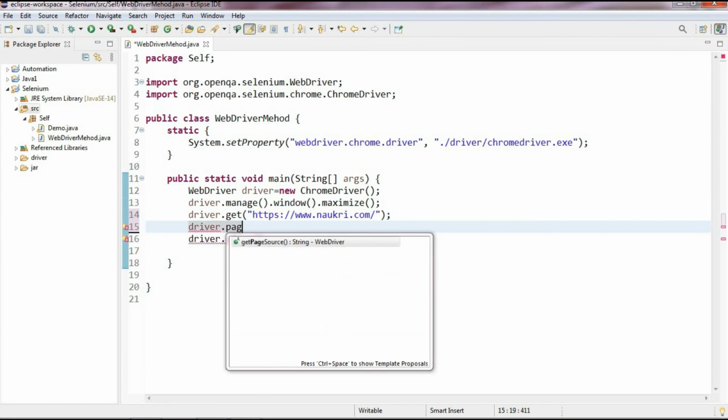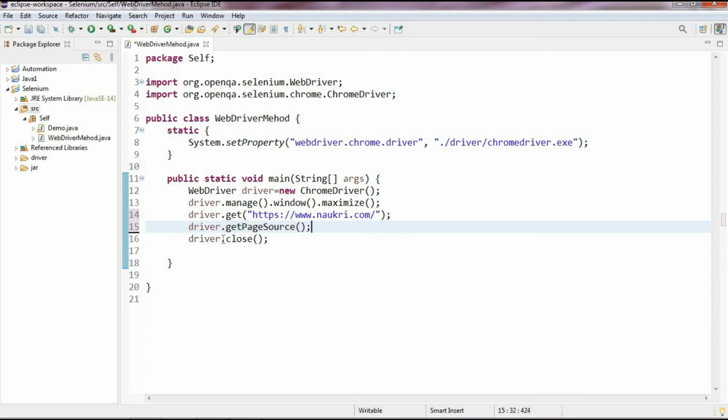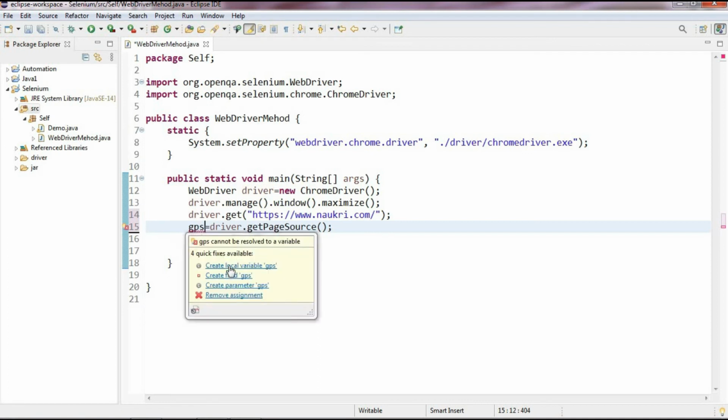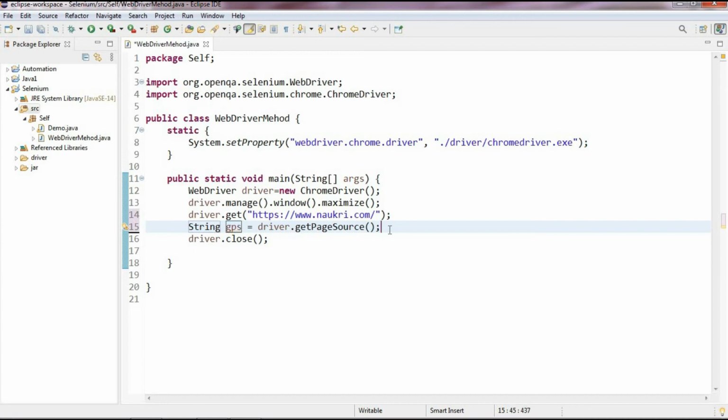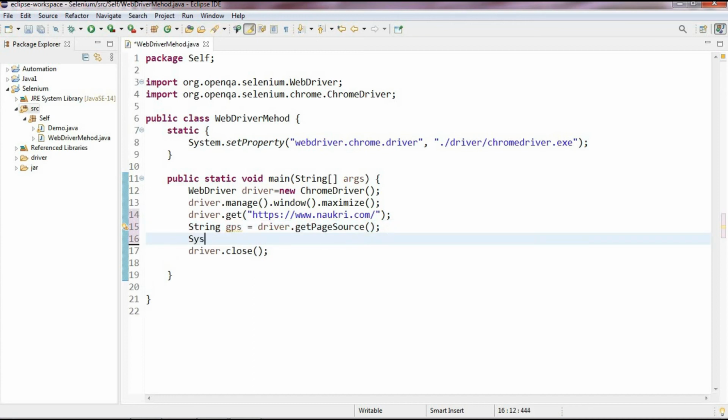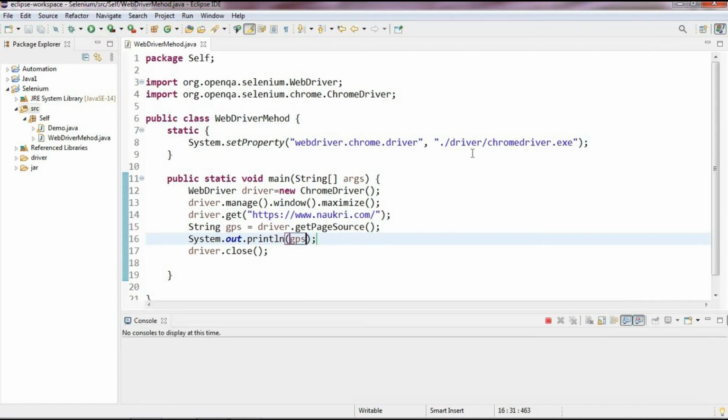page source. Now I want to store the value of the page source. So put a reference variable and place the cursor here. Create a local variable, the return type is string, and now give one print statement. Here I want to put the GPS value. So now run the program and we'll see what happens.